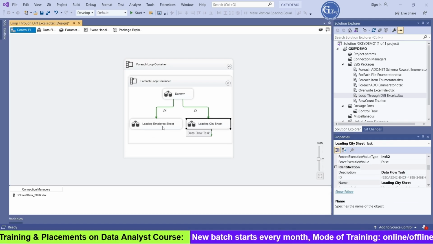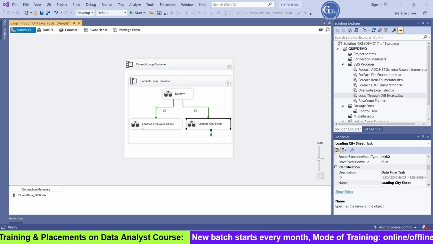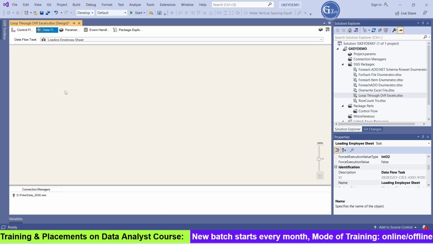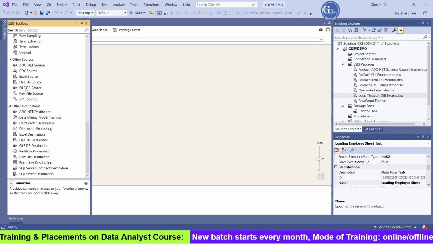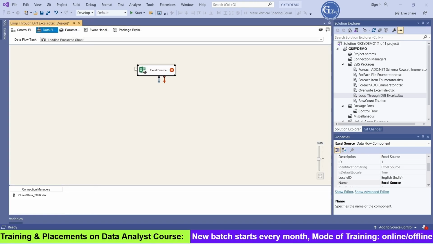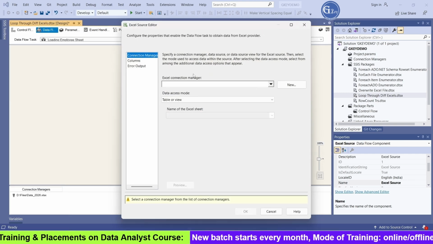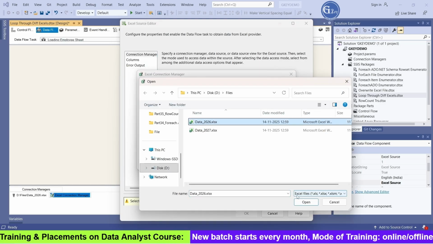Now the configuration of the two for each loop containers and data flows is completed, and we get into the first data flow. We have to load the data from Excel to the particular database tables. For that I am taking an Excel source and an OLEDB destination. I am configuring the Excel source first. Here I am browsing the first file,